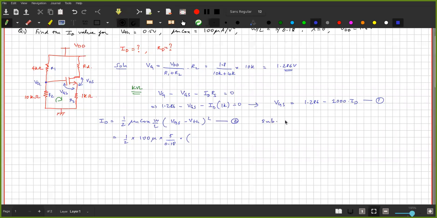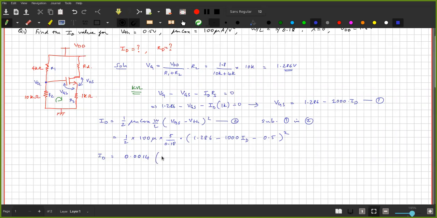Substitute 1 in 2. So 1.286 minus 1000 times ID minus VTH, which is 0.5. Now if I solve this, I get ID equals